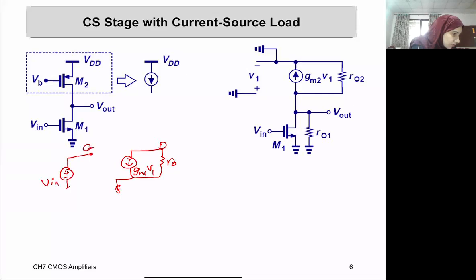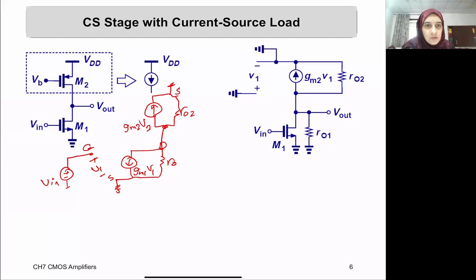And this is our gate. And this is our source. And then here we have V1. And from the drain of transistor 1, I will be connected to an R out 2 in parallel with GM2 times V2, and those are connected to ground. Why ground? The source of